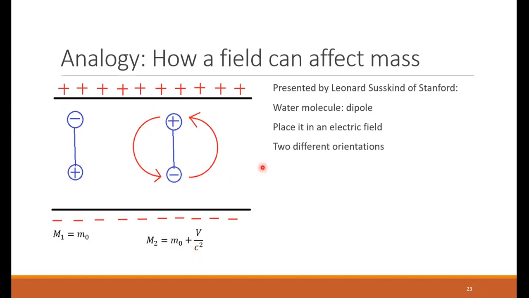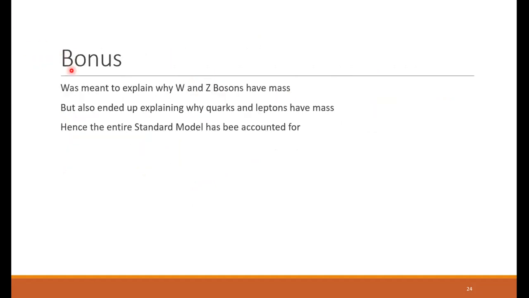So this is just an example, an analogy of how interaction with the field can affect mass. This example was presented by Leonard Susskind of Stanford, just to explain a more complicated process. Okay, so the Higgs mechanism that was proposed was meant to explain why the W and Z bosons have mass, but it also ended up explaining why quarks and leptons have mass by a very, very similar explanation. So doing so, the entire